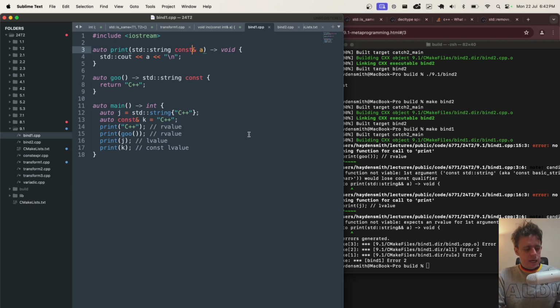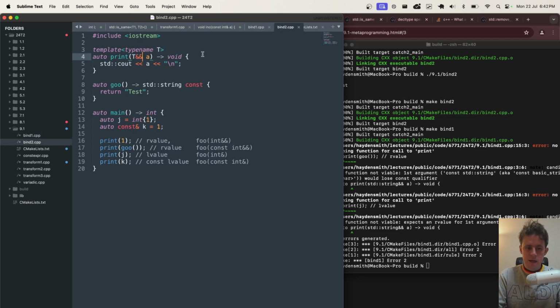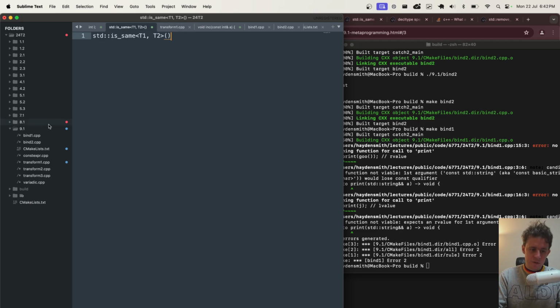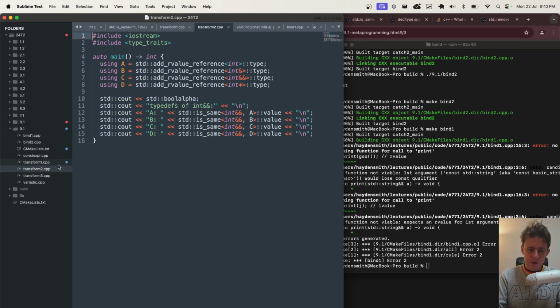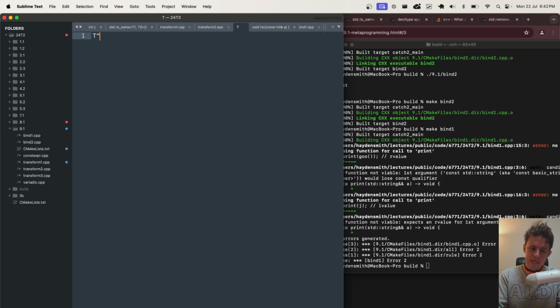Now, naturally, the reason for this, at least my best explanation of it, is that when you're not dealing with templates, it's very literally this type. Whereas when you are dealing with templates, part of why we showed you some of the transform examples earlier is because if you have a T ampersand ampersand, and you pass in a type that's like int reference, it tries to absorb it.